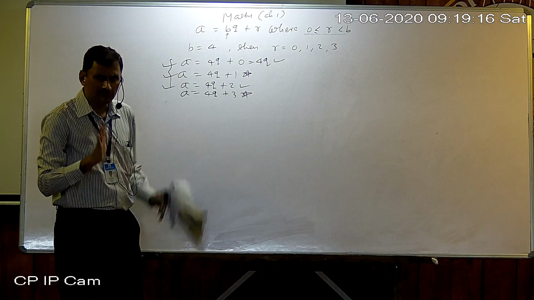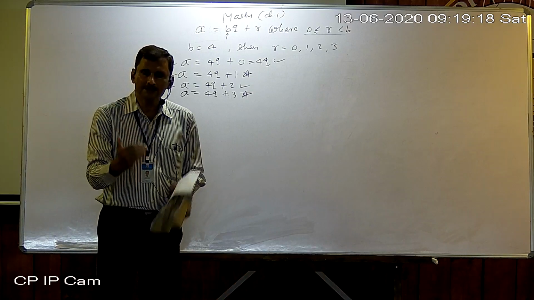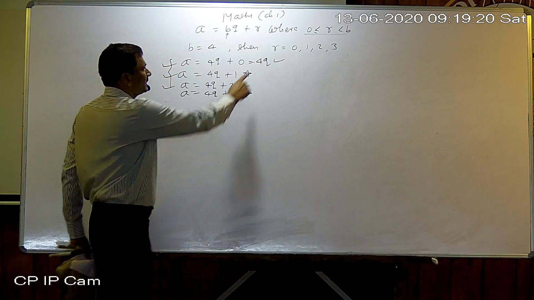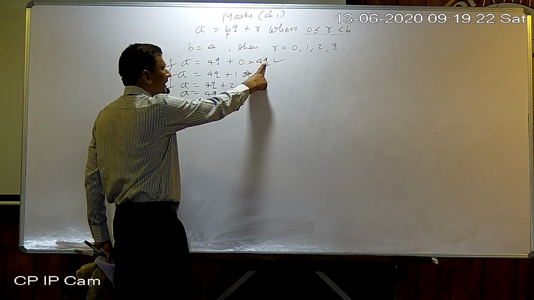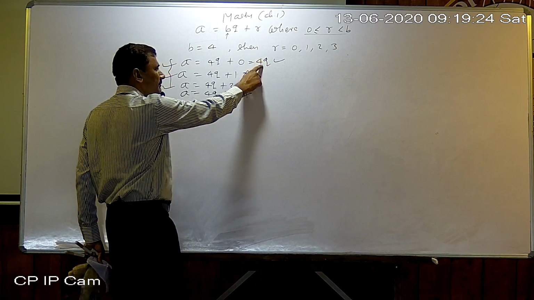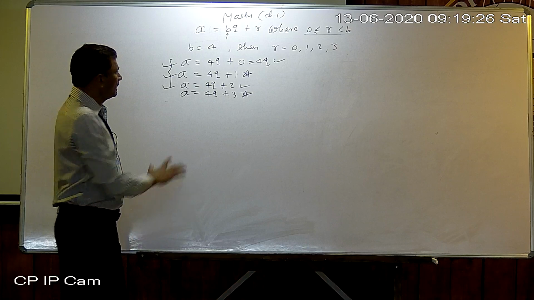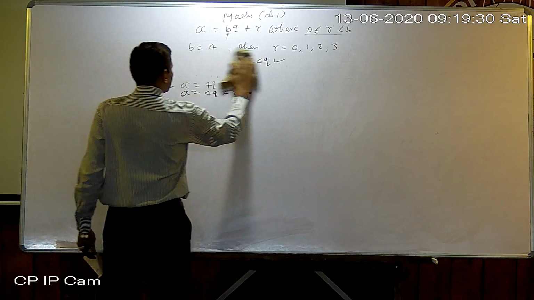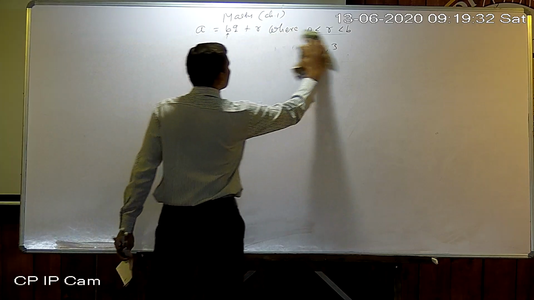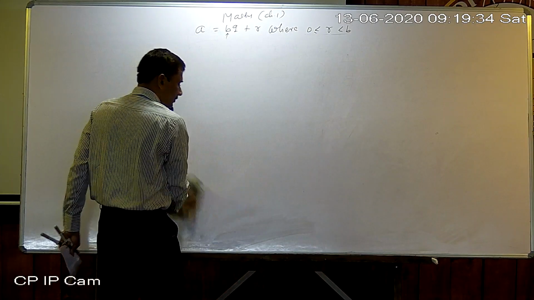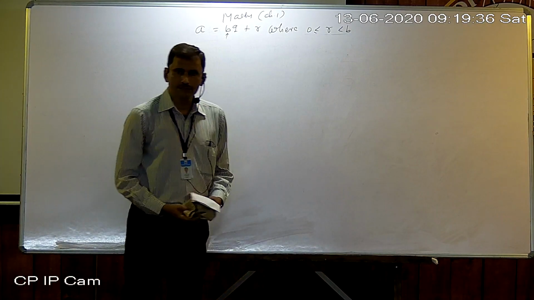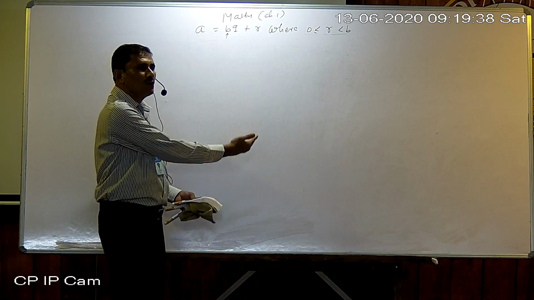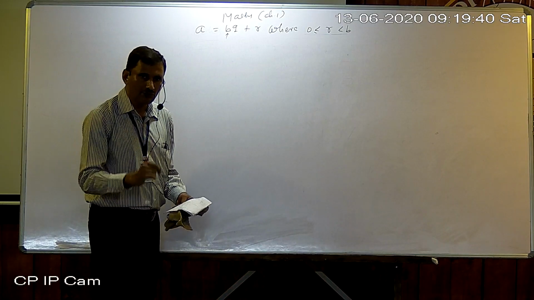Taking 2 as a common means what? Dividing that expression by 2 only. Now here also 2 is taken common. 2 can be taken common. So this is the required concept behind today's topic. Still, if you are not getting it, you will understand whenever we solve a particular example here. So now we got to that point.